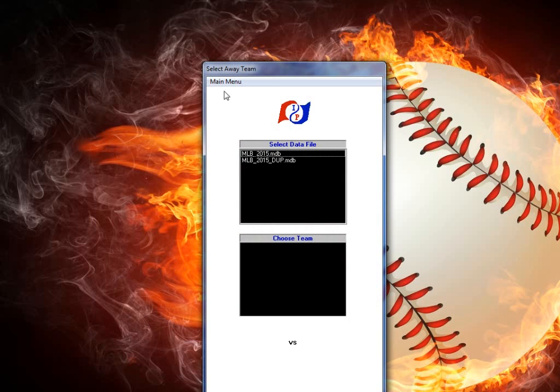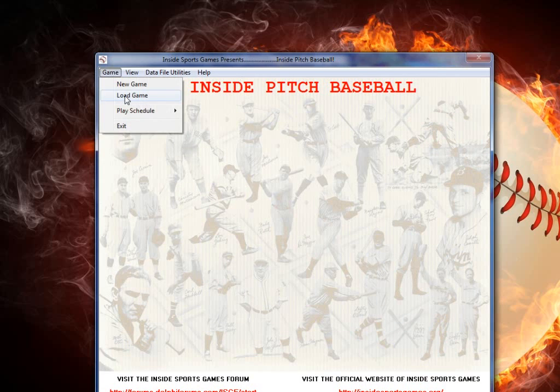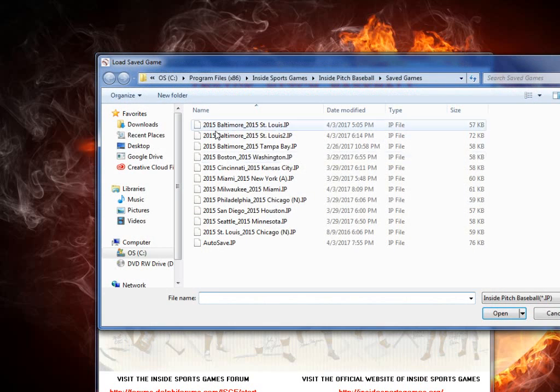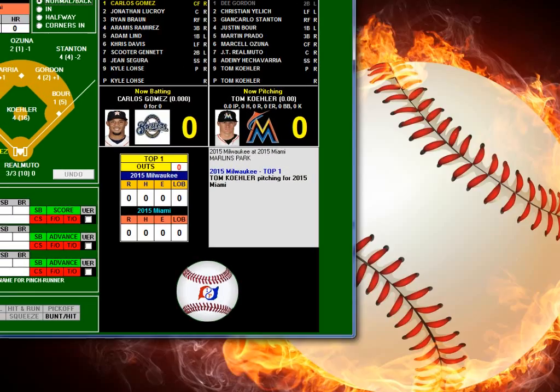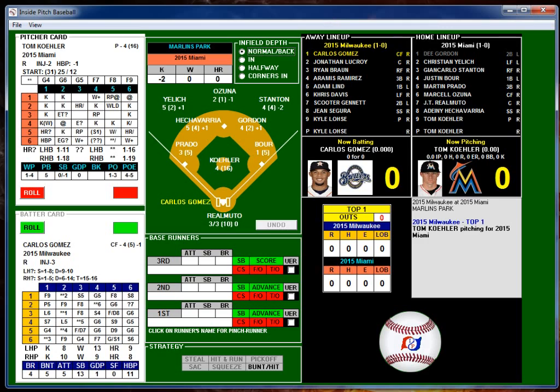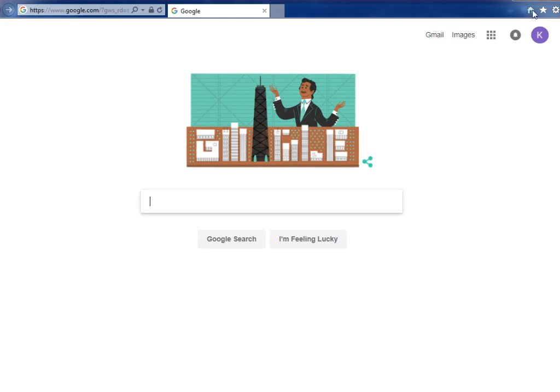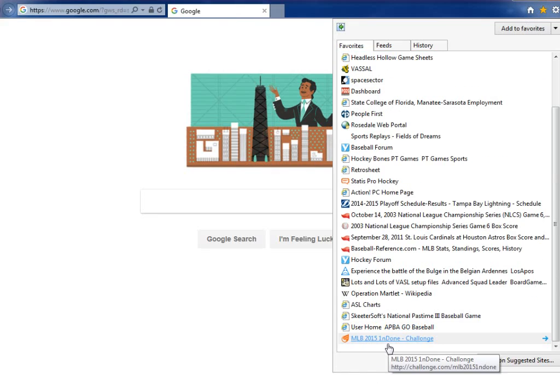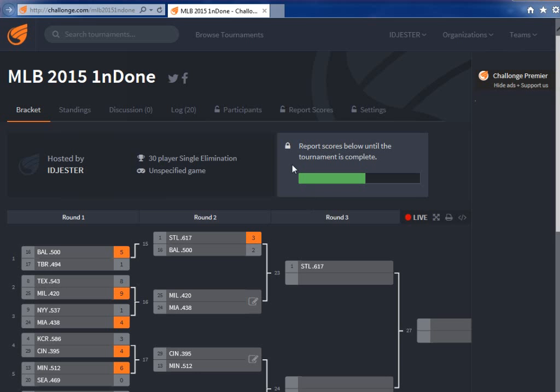Or not. We're going to be loading a game. That's what we're going to be doing. We're going to be loading our game here between Milwaukee and Miami. Milwaukee and Miami today. If we look at our breakdown here of where we are in the tournament,